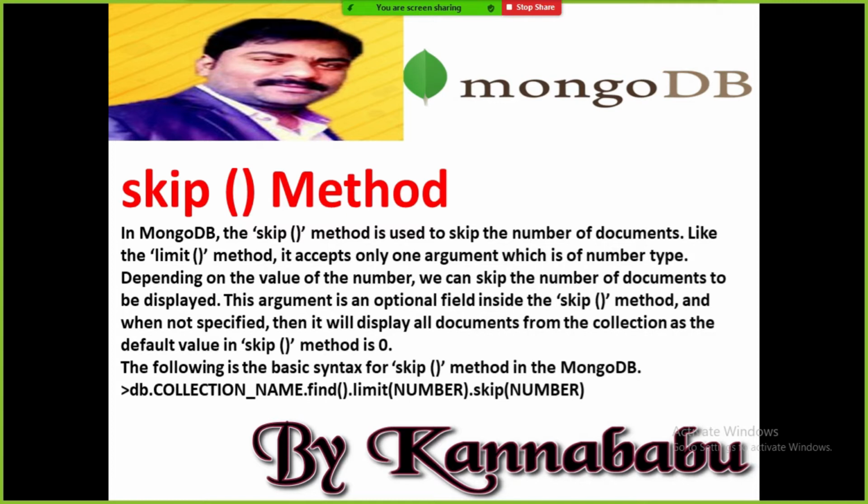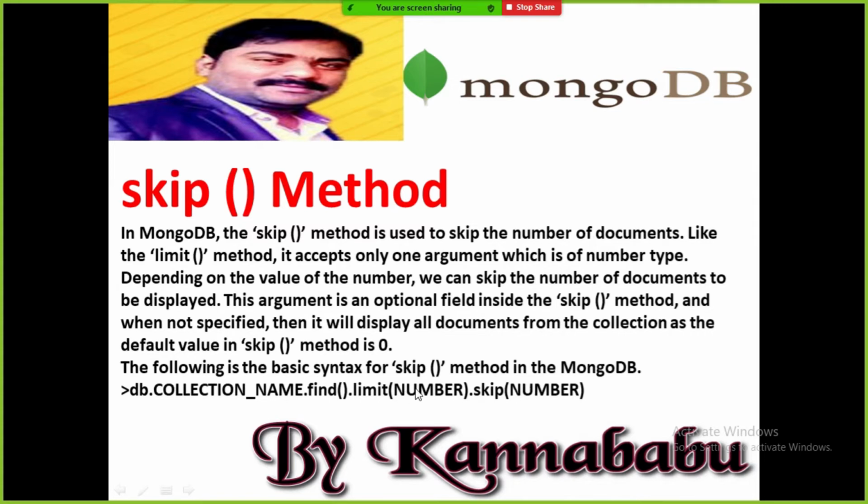So in interviews, generally, this is where we limit the data. Depending on the requirement, we need to fetch only a limited amount of data. Then you can use the limit function, and if you want to skip any records, you can use the skip function. So the syntax you can use is something like this: db.collectionname.find(). The find method is used to find the documents from the collection. Dot limit of number, dot skip of number.